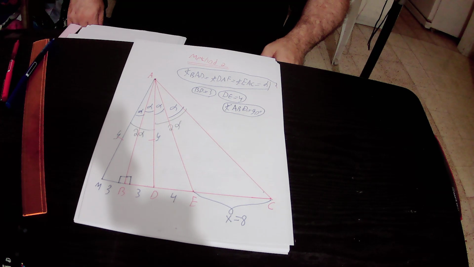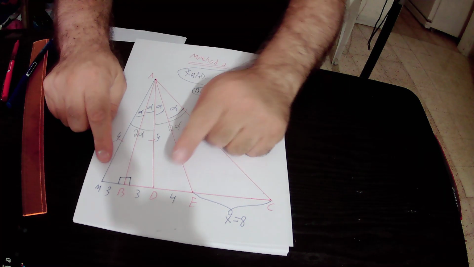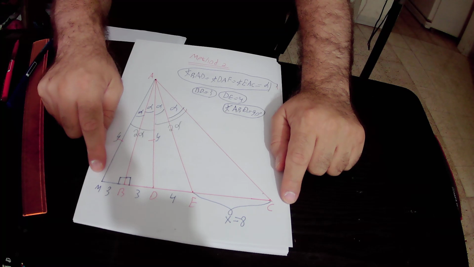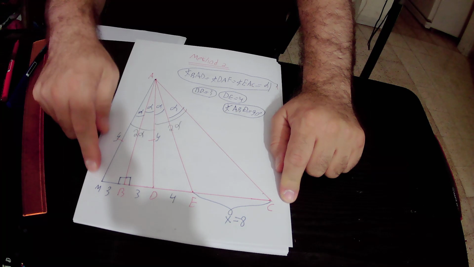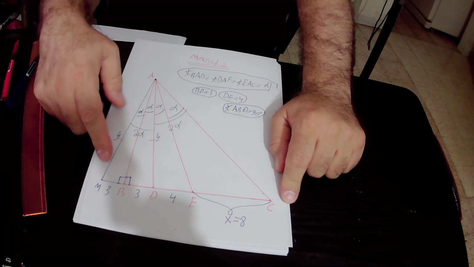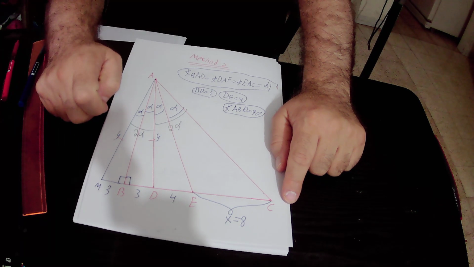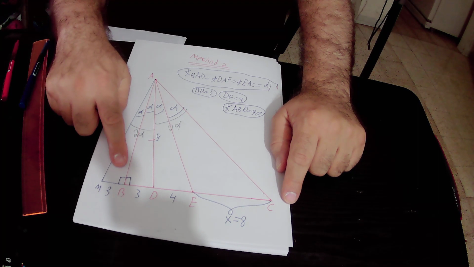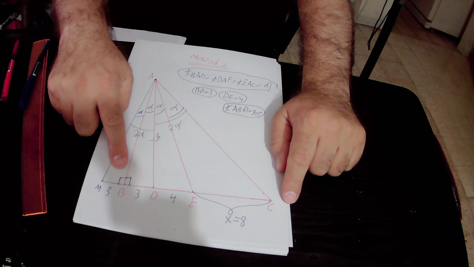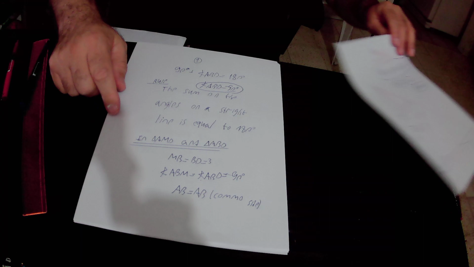Here we made a construction. We extended side BD by 3 units, and we defined this point as point M, and then we joined points M and A by a straight line. So we have here a new triangle, triangle ABM, and actually this angle must be equal to 90 degrees according to the rule